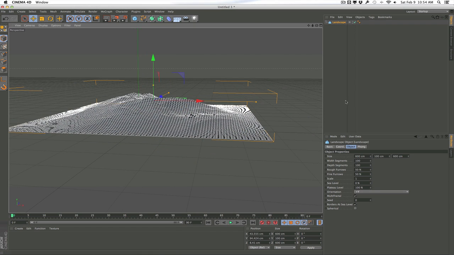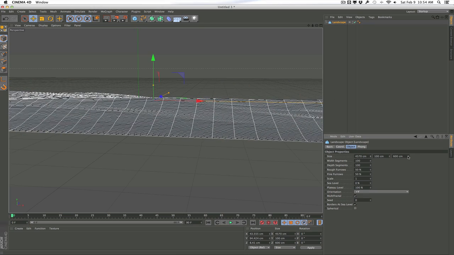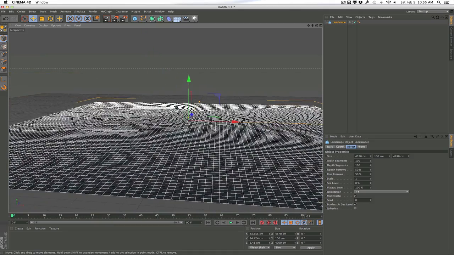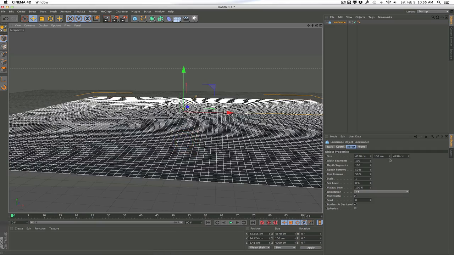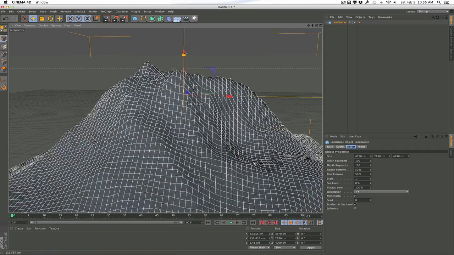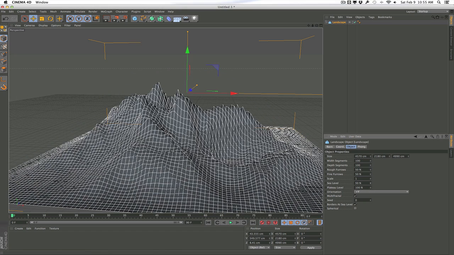Let's go ahead and make a few tweaks to the parameters. Let's definitely increase the size in X. We'll also increase it in Z. We wanted to make it a rather large scene, just because it's going to be a mountain range, and we will also increase the height. And this is looking pretty ugly, but let's go ahead and tweak some of these. Now we can actually apply some contrast to the height of this particular landscape object by changing the sea level and plateau level here. So I'm going to go ahead and tweak those a little bit,